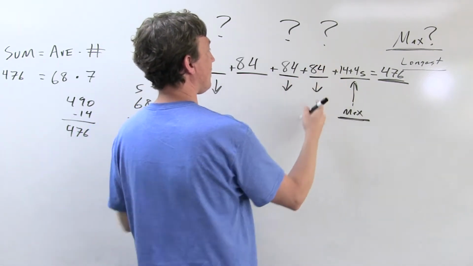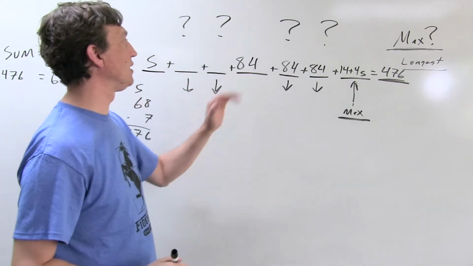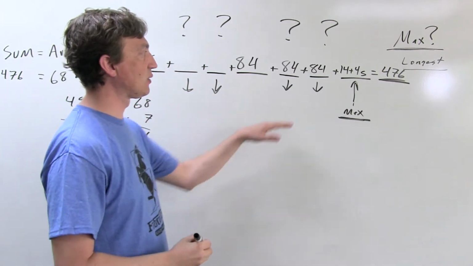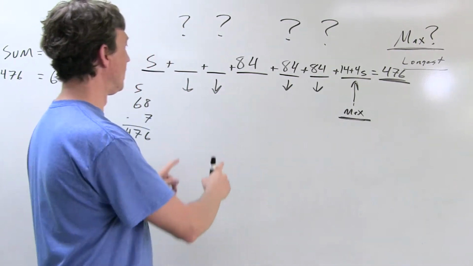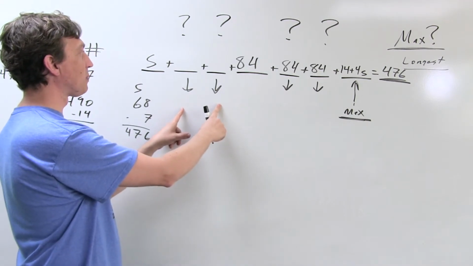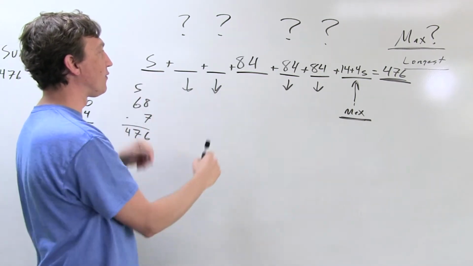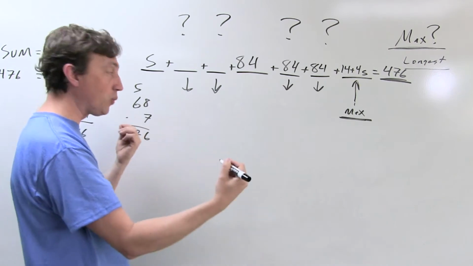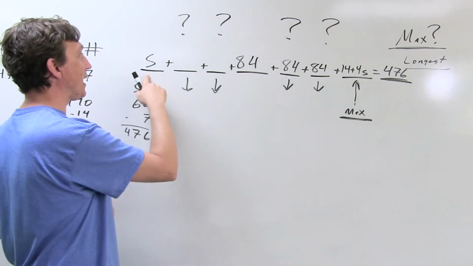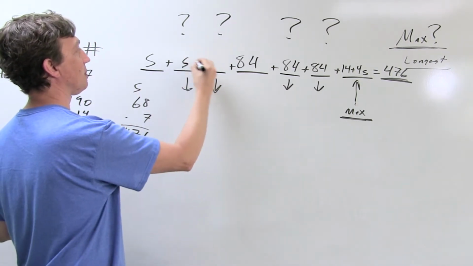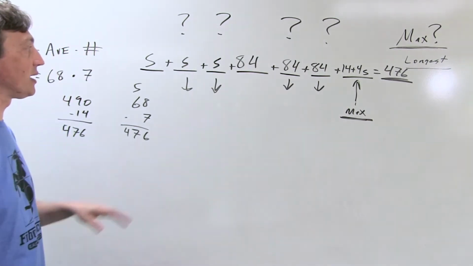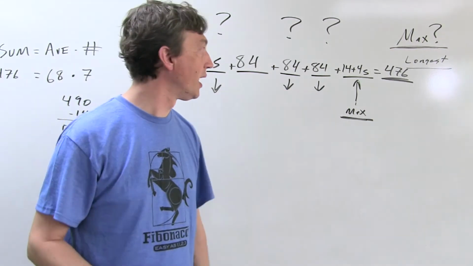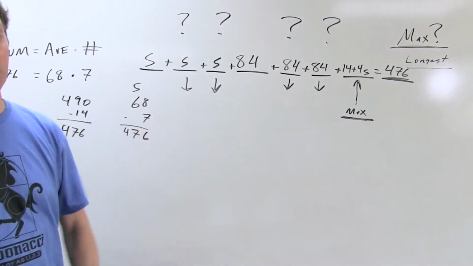And so I could have three things all as 84. 84 would still be the median. That's the way to minimize these two. For these two, the same principle applies. They have to be between S and 84, but they don't actually have to be between them. They could be S or 84, so I'm just going to make them S. And now I've minimized the 4 spots that were unknown, and I've set up a single variable equation I can